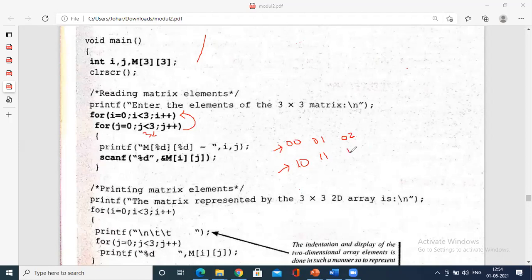Clear? So the third row is also filled in the same way.